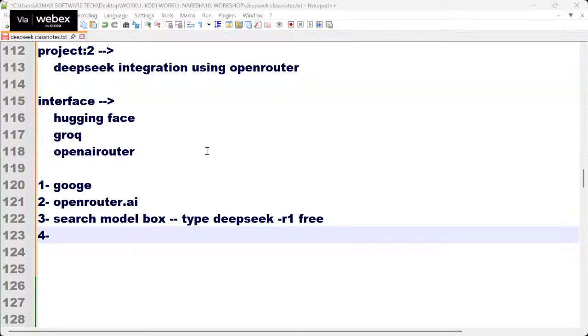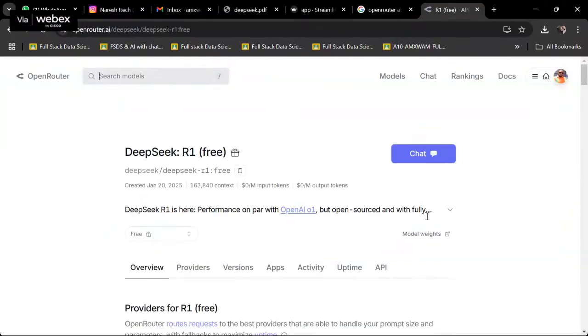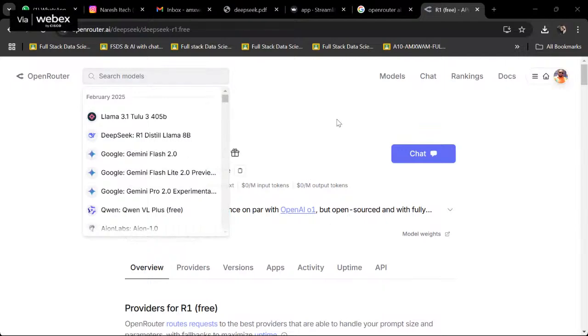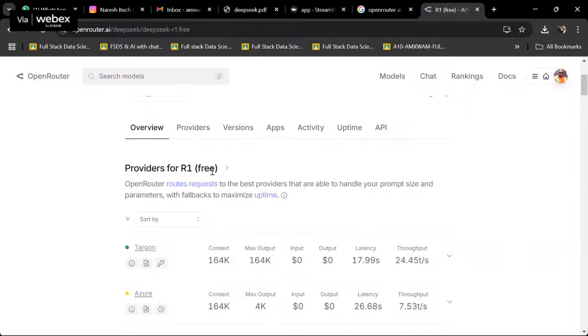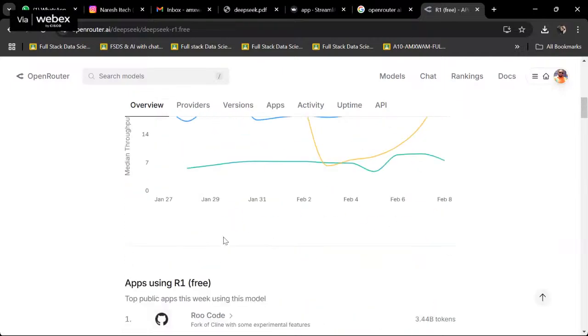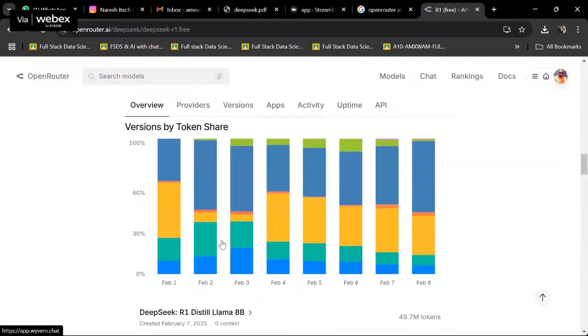Are you done with this? DeepSeek R1 free. Done. Very good. In this one, come down. Do you see R1 free? I want you to scroll down a little.